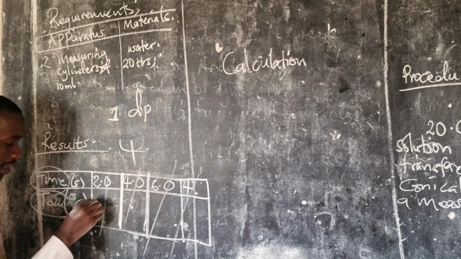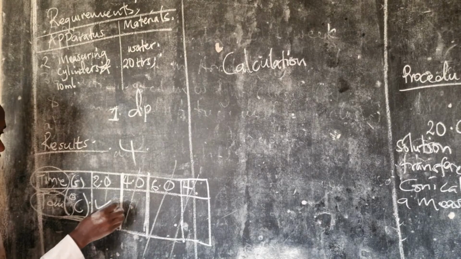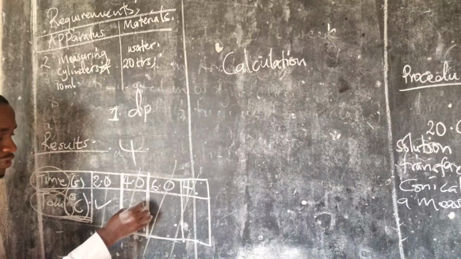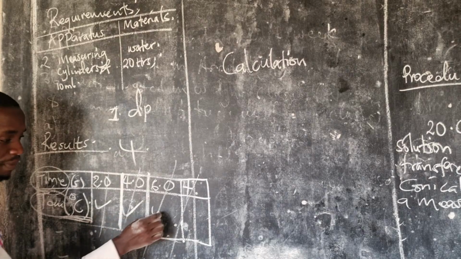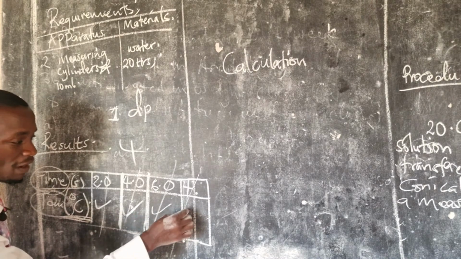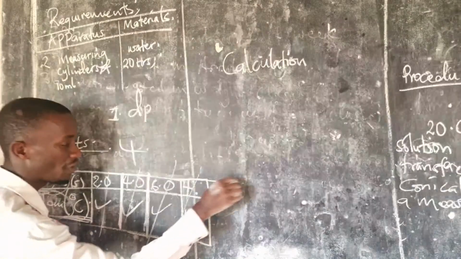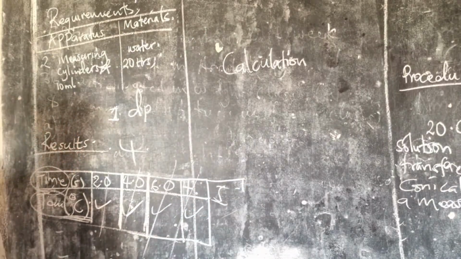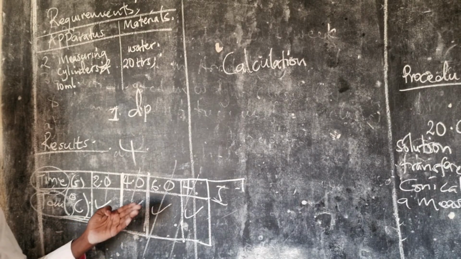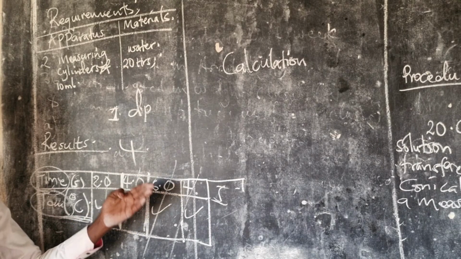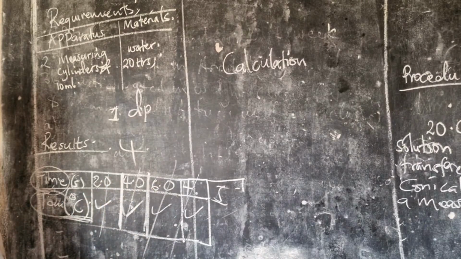Because if you don't know the results here, you will get closely to know the results here. You will try to perfect here. You will be perfect in the 4th, and you will be very perfect in the 5th experiment. That's why we do more than 4 experiments per investigation.